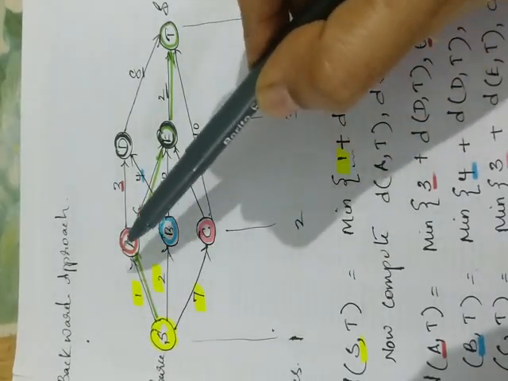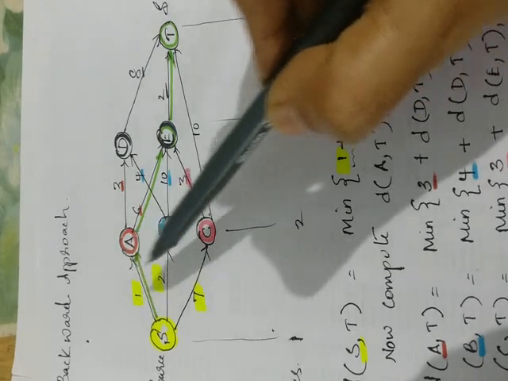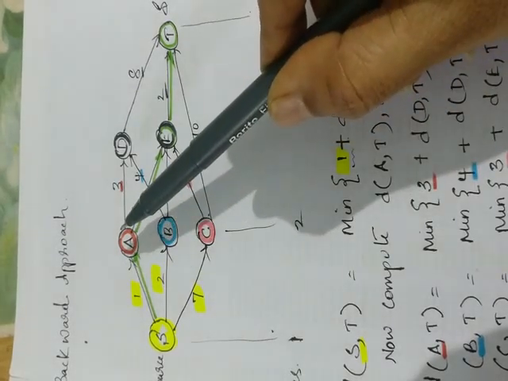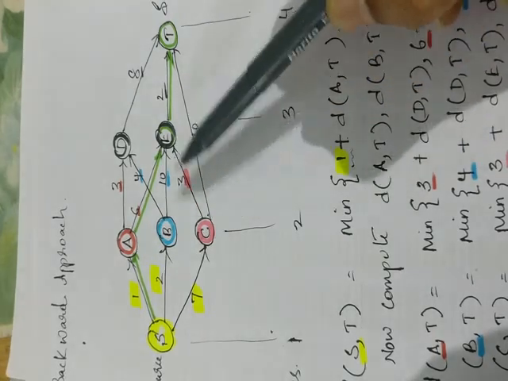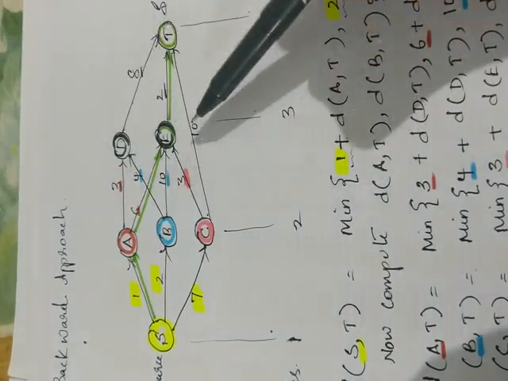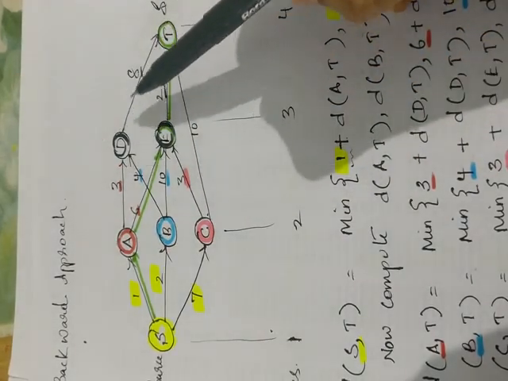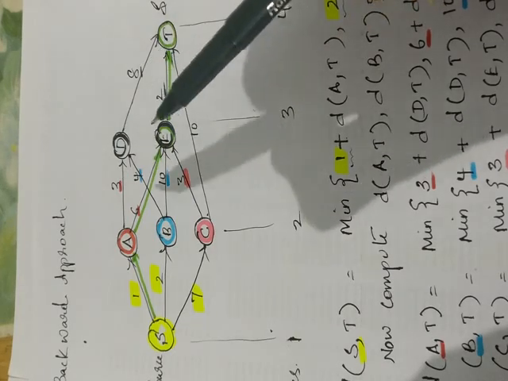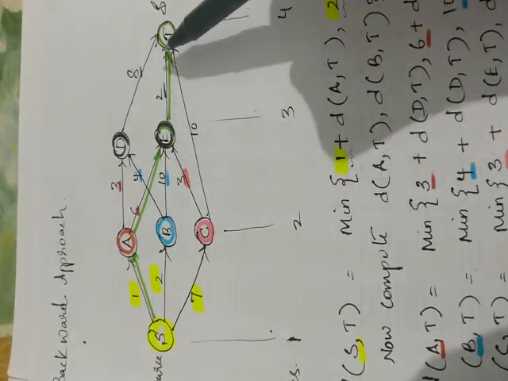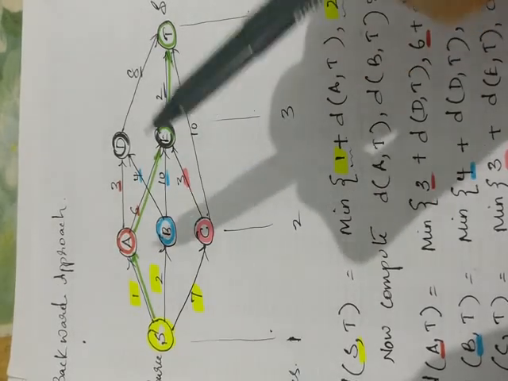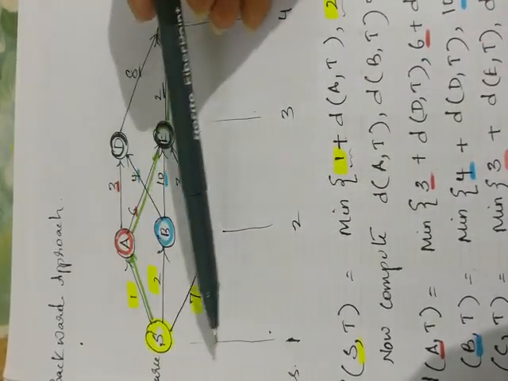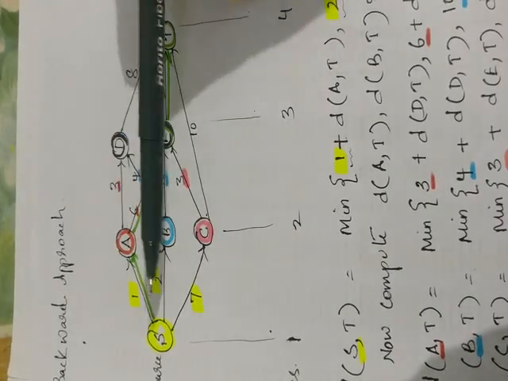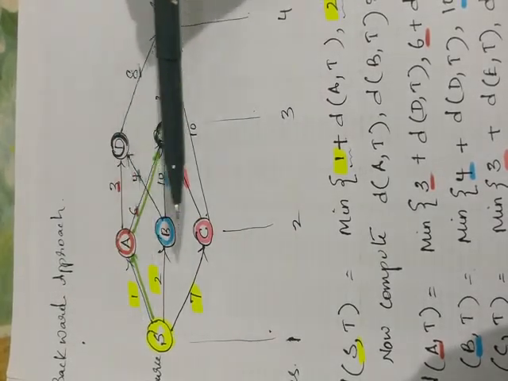After going to this stage, again there are so many paths. From A I have 2 paths, from B I have 2 paths, from C I have 2 paths. Again when I reach this stage, again there are paths available. From D there is one path, from E there is one path, and from C it is as explained earlier. So we are treating this as stages. Sink is one stage, stage 1. That means the next set of vertices will be categorized under stage 2.